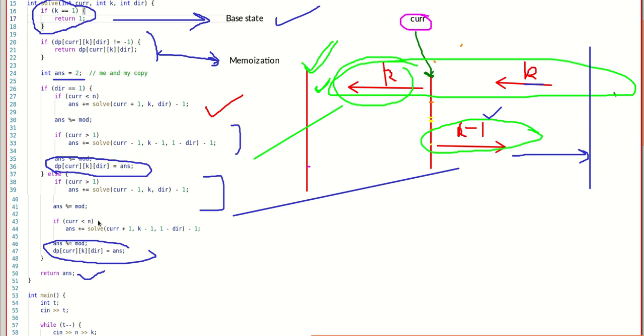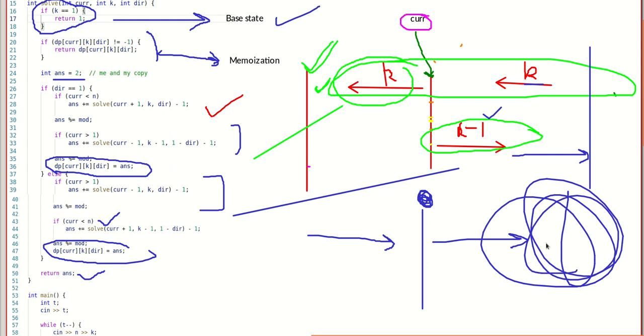Explaining one more thing again, why I'm taking this condition current less than n: if my particle was coming this way and this was my last plane, after that there is no plane, right? So we are not going to move here, this case is invalid, and that's why we have put this condition. This condition says that current is less than n, that is, this is not the last stage. If this were the last stage, there would be nothing here, so this particle will just move forward, and there is no plane here to produce one more particle, and it will just create one copy.